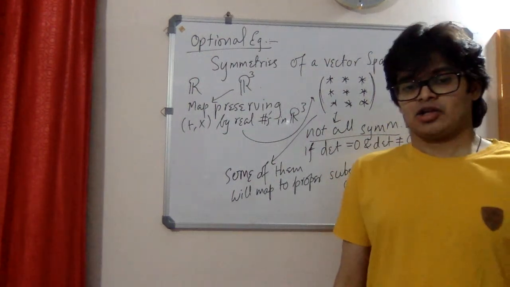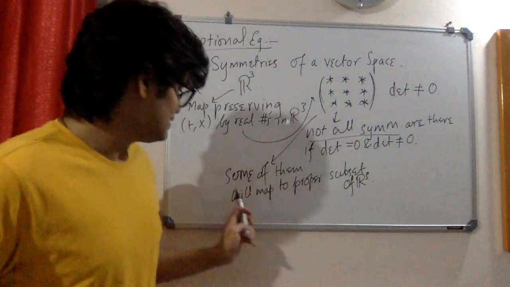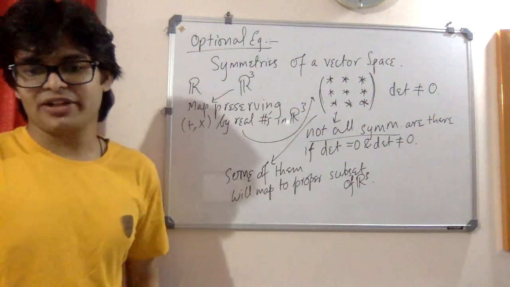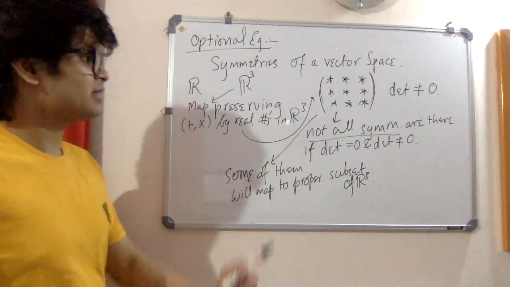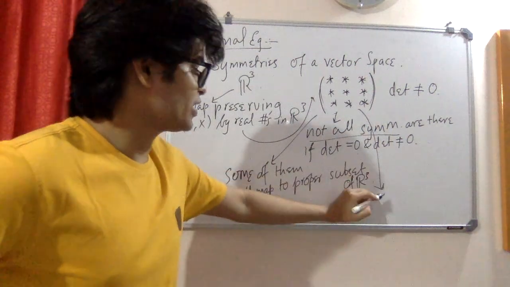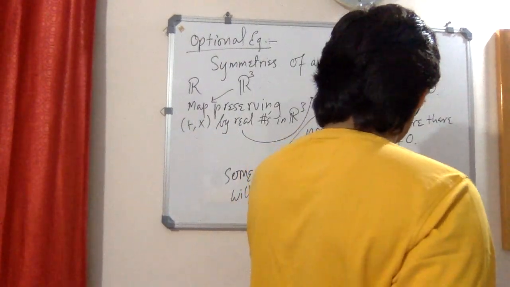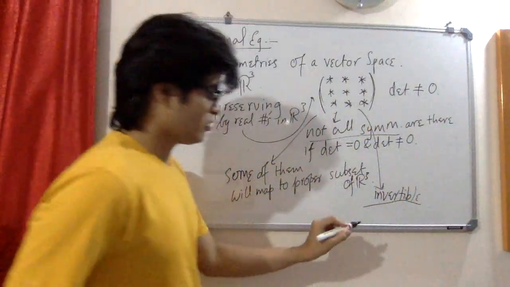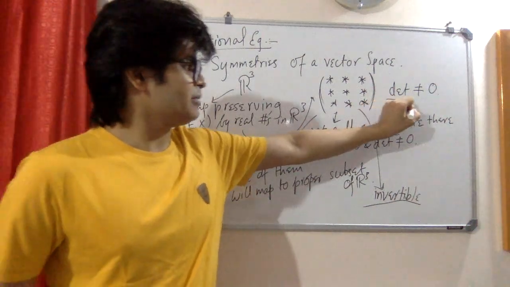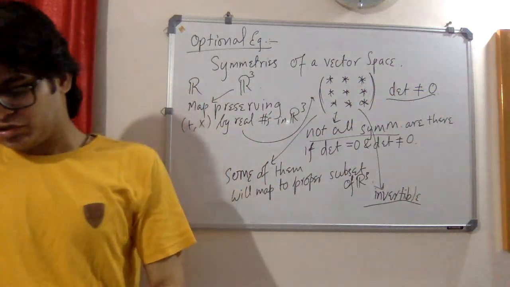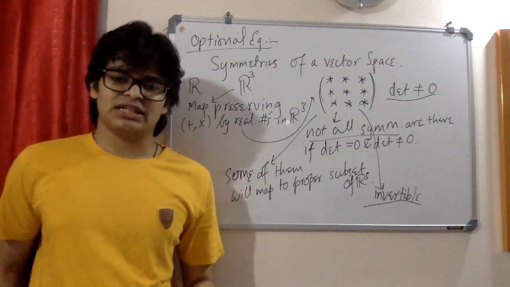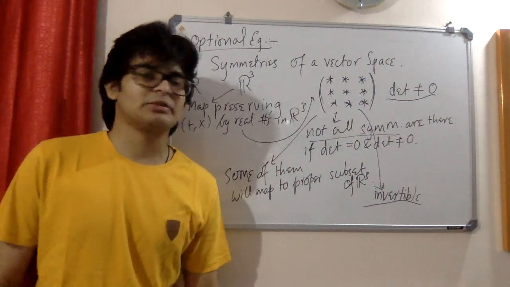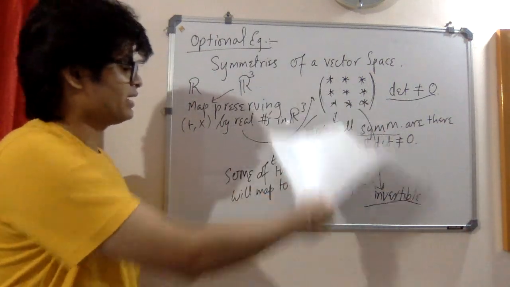So to prevent this situation that these matrices map to some proper subset of our vector space R3, we need our matrices to be invertible. And for that, we need the condition determinant should not be equal to 0. So once we have an inverse, we consider all the symmetries we have, and hence we get all the symmetries on R3 by this 3 by 3 matrix,